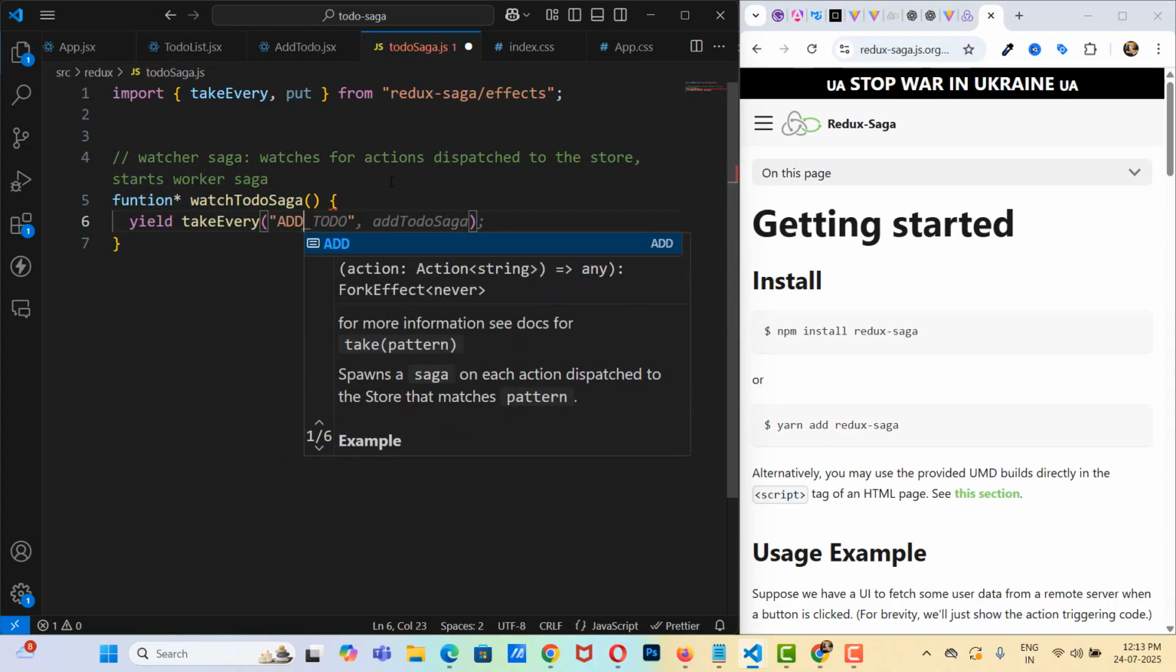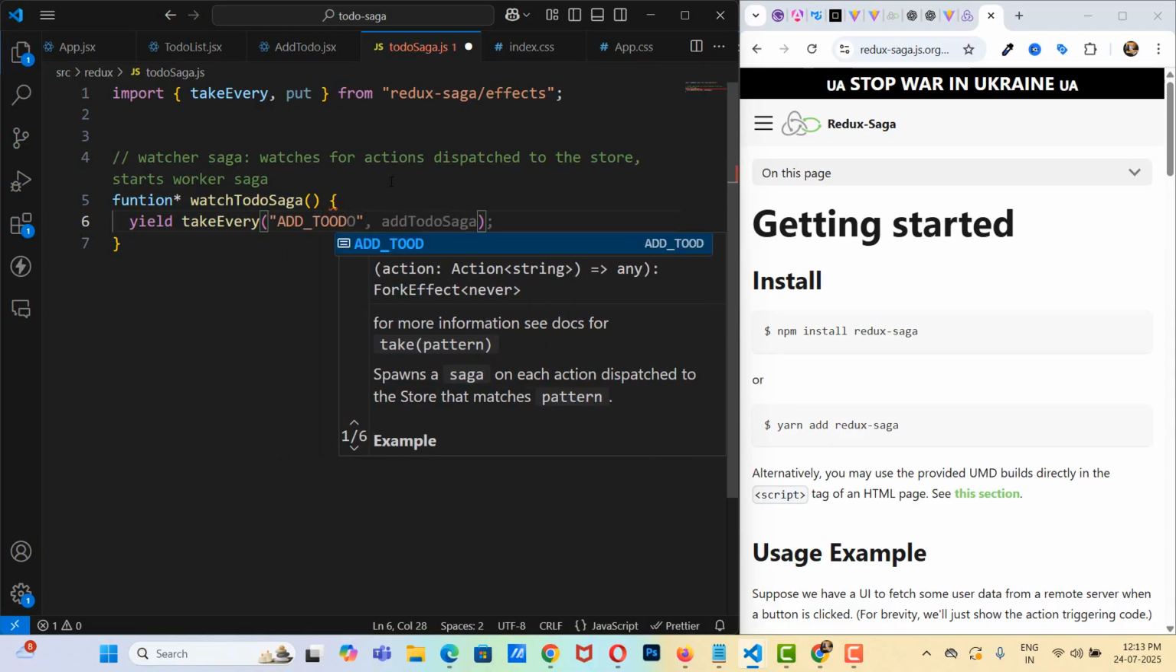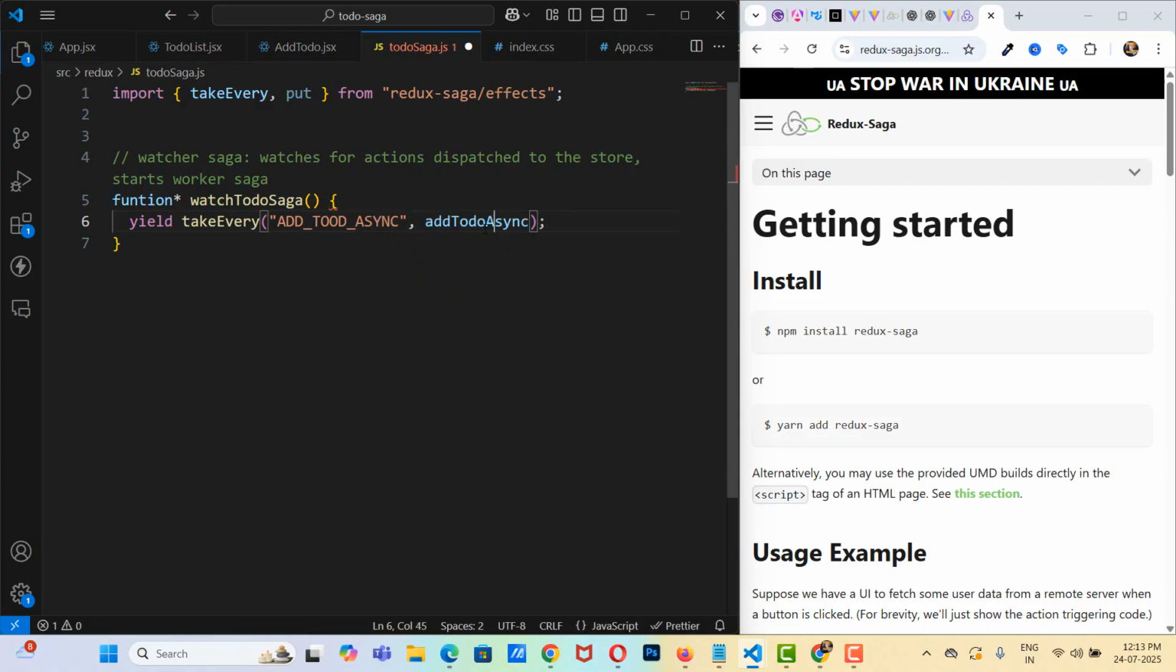Here we can give add underscore to do, but instead I'm going to say add underscore to do async. Why async? And here I'm going to give the name of the function which we are going to create. This we have not yet created, so we need to create this. And why async and why not add to do? Oh, sorry, here we need add to do, because as you see, these middlewares are mostly used for calling the API, but in this video we are not going to use the API. So we can give the name add to do,